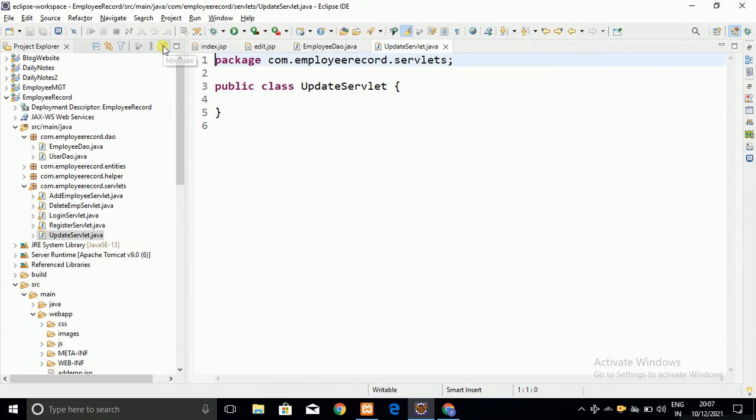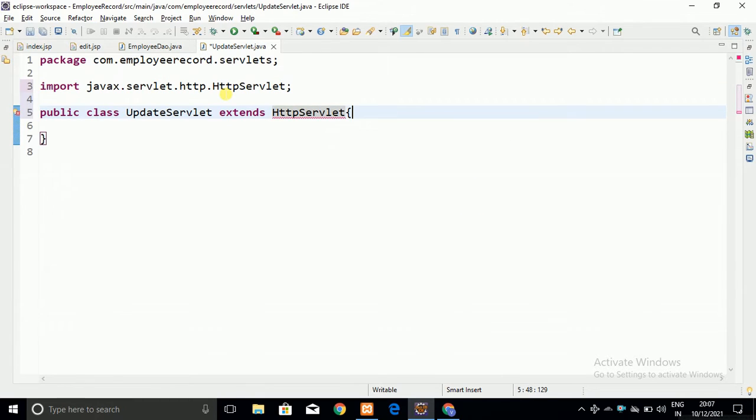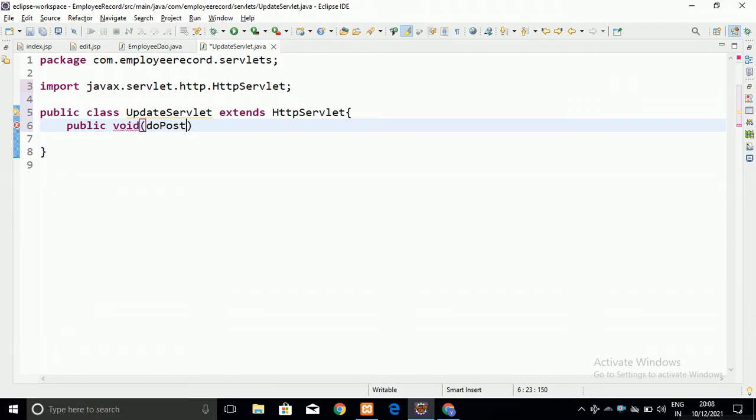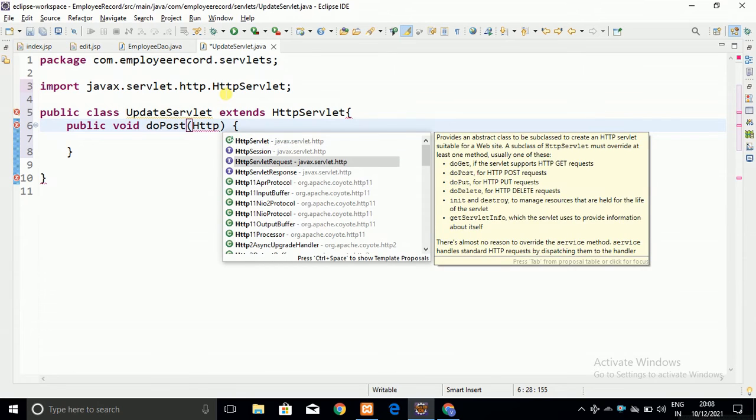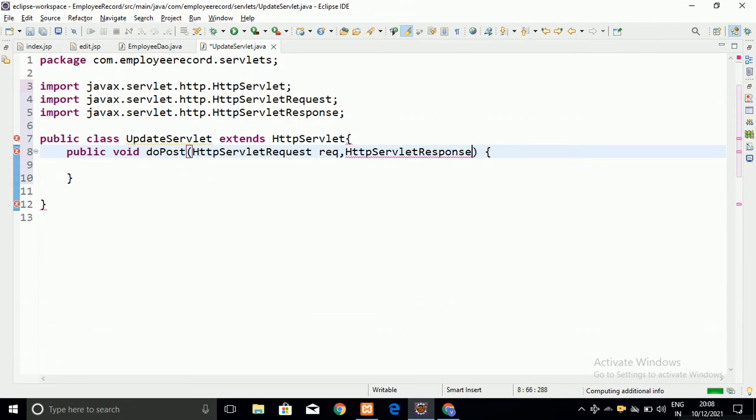As we created the servlet earlier, in a similar way this servlet also extends HttpServlet, and in this servlet also we write the doPost method, and that doPost method takes the arguments of an HttpServletRequest instance and an HttpServletResponse instance. So let me write that code here.